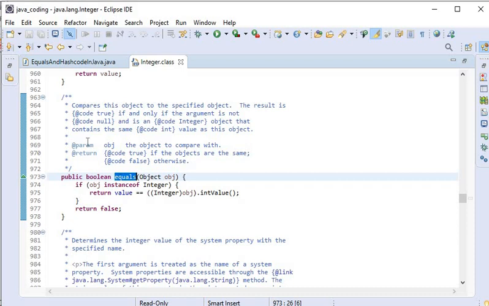The equals method compares this object to the specified object, and the result is true if and only if the argument is not null, and the comparison will be based on the Integer, that is, based on its id.